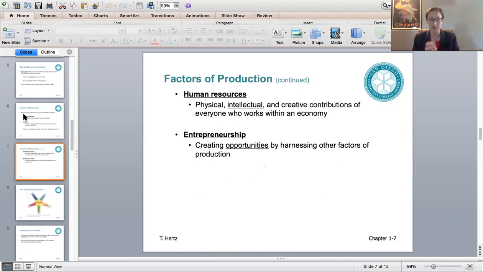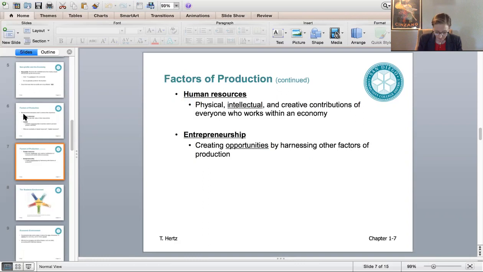All right, so other resources that every business needs to succeed: human resources, right? The people in the organization. But it's not just the people, it's everything that the people know, everyone that the people know. So their intelligence, their creative contributions, who they know and what they know, all contribute to the human resources. And human resources are an excellent source of competitive advantage for a business. We'll talk a little bit more about competitive advantage later, but just suffice it to say that competitive advantage essentially means an advantage that we have as a business over the competition.